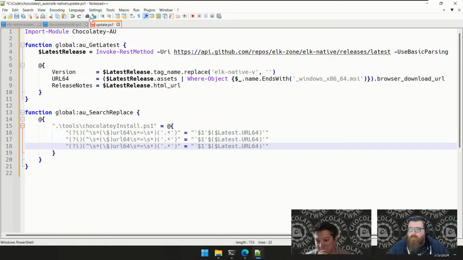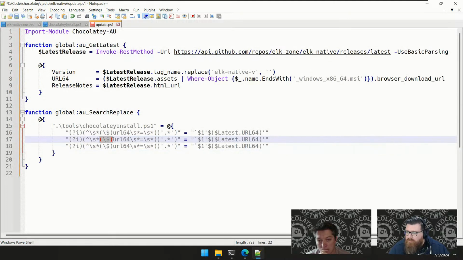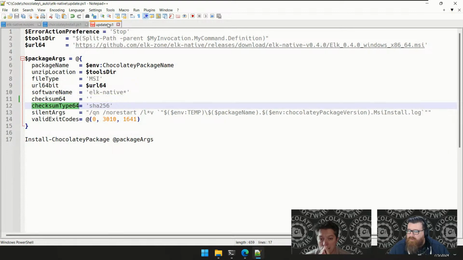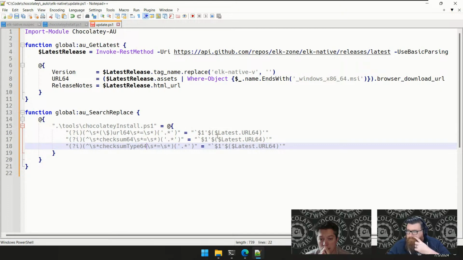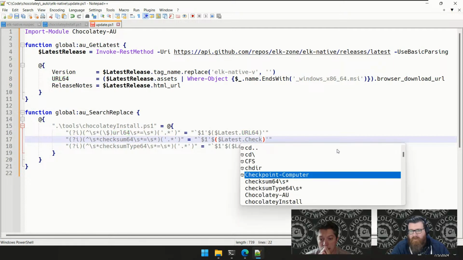Not to confuse things, I'll copy and paste that twice. So we are going to do checksum 64. And there's no dollar on the front of it, so we get rid of all of that. Checksum 64 and also checksum type 64. Same deal, get rid of the dollar sign at the front. And coming out of latest, so these are both automatic and they're documented, so that's how I know what they are. Checksum 64 and